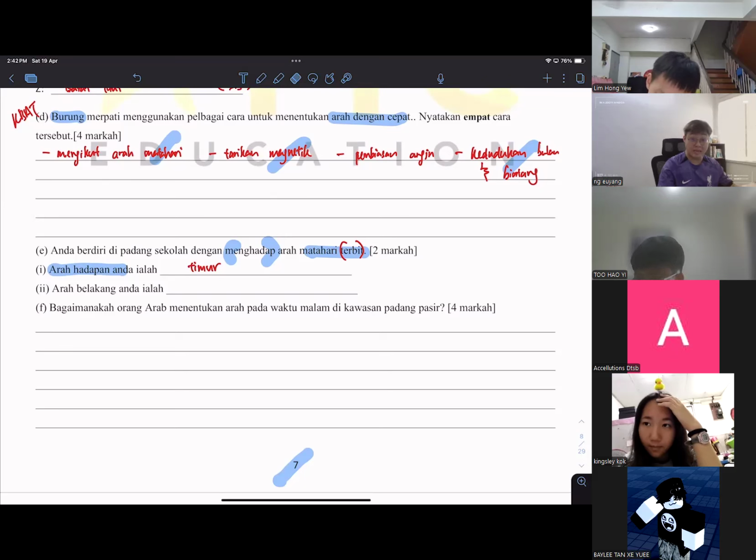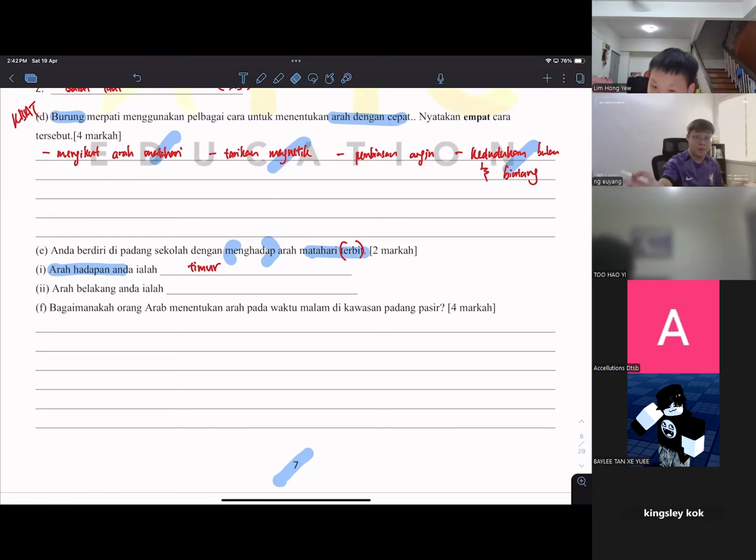You want to mention utara, is it? Sunrise from north. Sun is trying to self-rotate from west to the east. That's why we are living on the earth crust, the permukaan bumi. We can see the sun is setting to the west from rising from the east. So sunrise from the east, setting to the west is because earth self-rotating from west to the east.